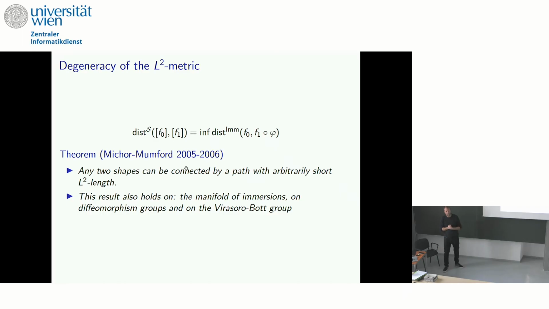It is worth noting here that the very first example of a Riemannian metric with vanishing geodesic distance was actually already known before. It was not really formulated as this, but Eliashberg and Polterovich showed that the geodesic distance of the H^{-1} metric on the symplectomorphism group, which is related to Hofer's, it's Hofer's L^p metric. So there's the Hofer metric, which is the L infinity version, which is fine, but the L^p version has a degenerate geodesic distance function, and this was proven in the 90s by Eliashberg and Polterovich.